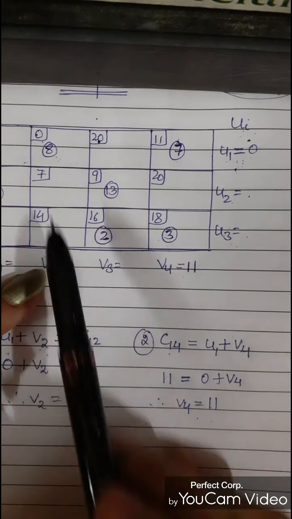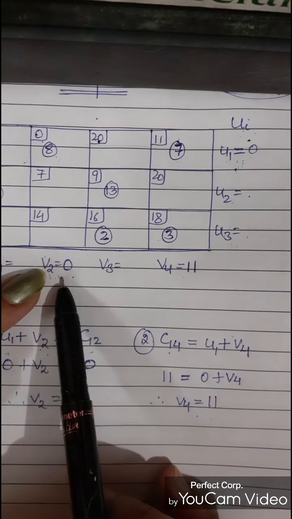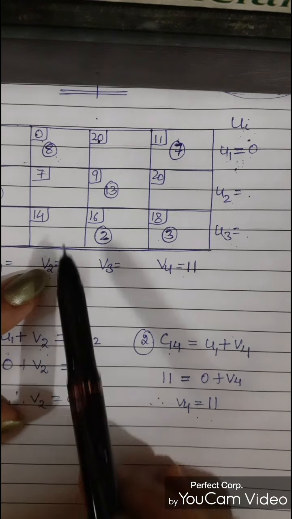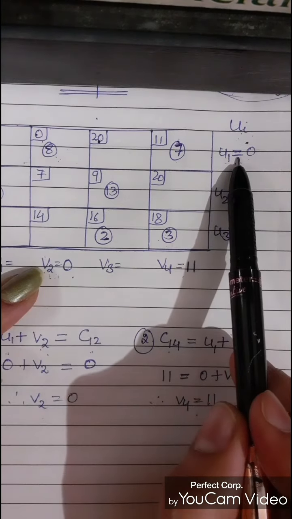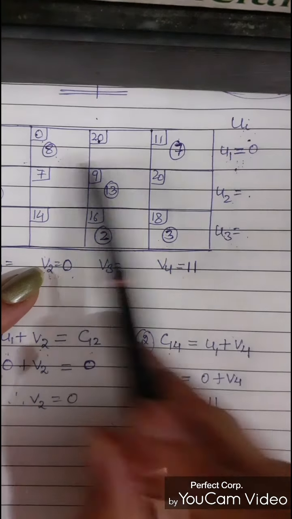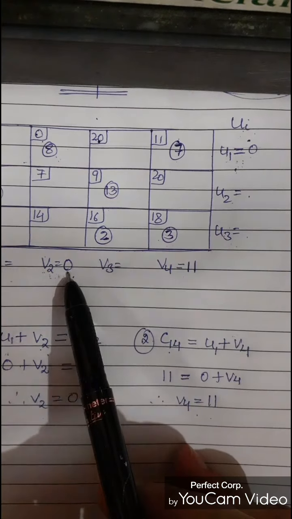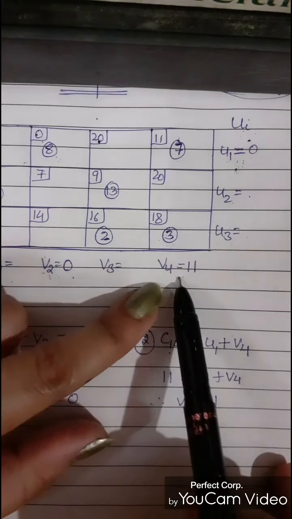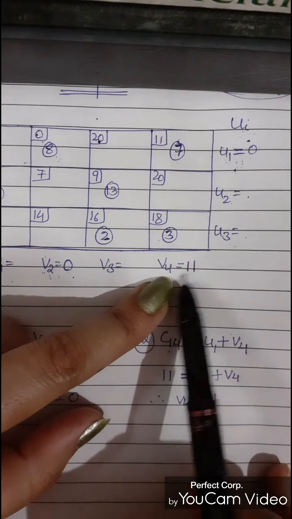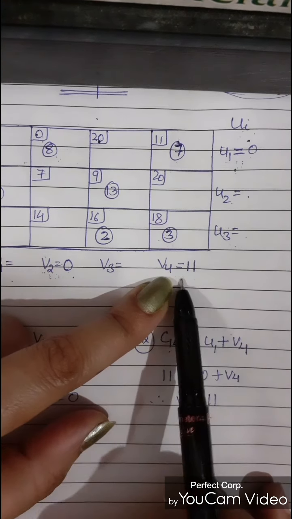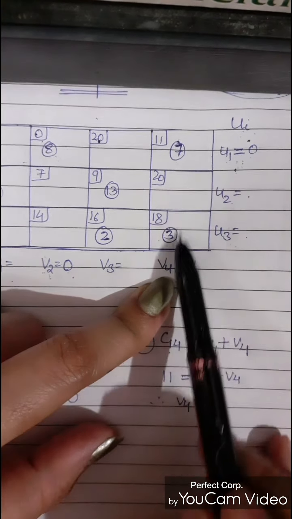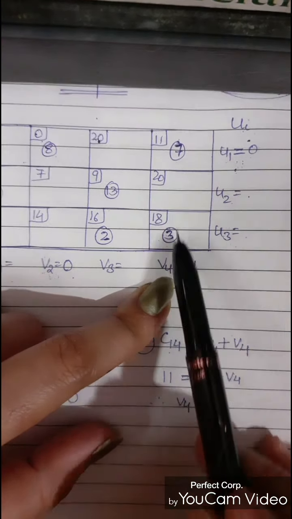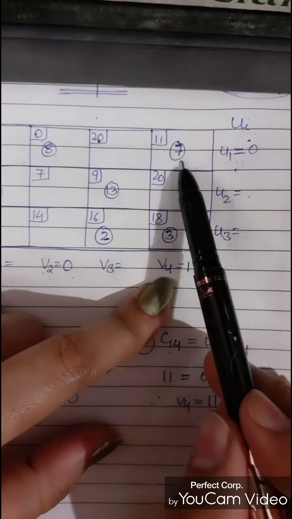क्योंकि इसकी वैल्यू हम निकाल चुके हैं, V2 की वैल्यू हमने 0 कैलकुलेट की, इसके रिस्पेक्ट में हमने एलोकेशन को देखा, लेकिन हमारे पास ऑलरेडी U1 की वैल्यू है, तो हम और कोई वैल्यू इससे नहीं निकाल सकते अभी. अब हम मूव करते हैं दूसरी वैल्यू की तरफ, दैट इज़ V4 एंड V4 इज इक्वल्स टू 11. सो नाउ आई विल चेक इस वैल्यू के रिस्पेक्ट में कोई और एलोकेशन है. Yes, I am having 2 allocations here, 3 and the second one is 7.